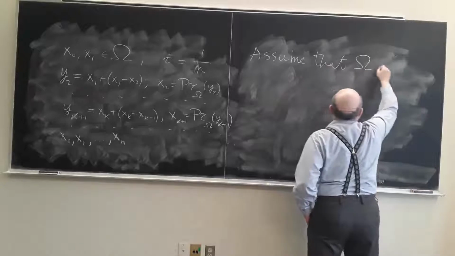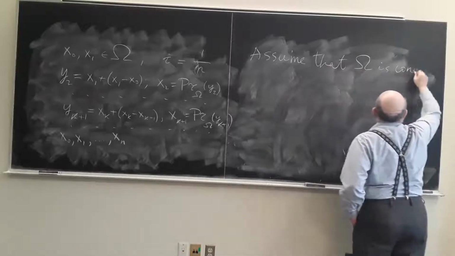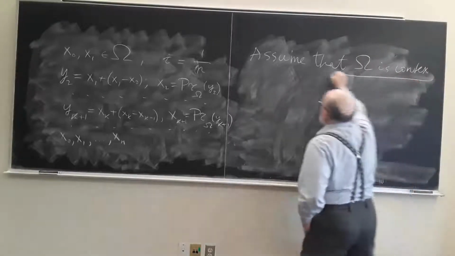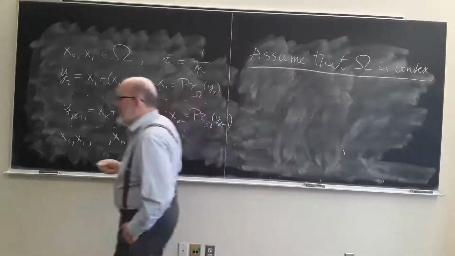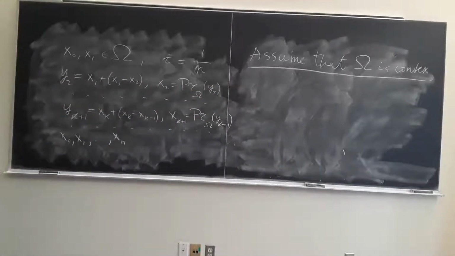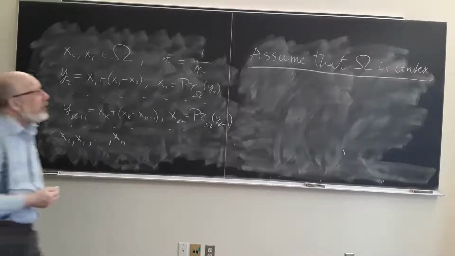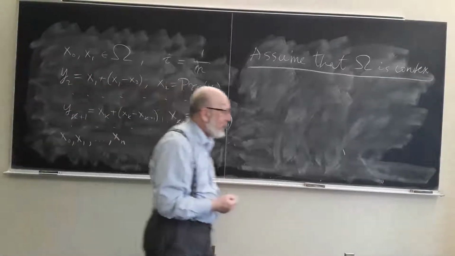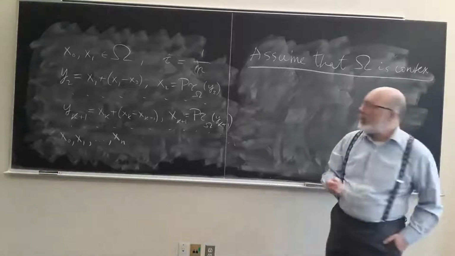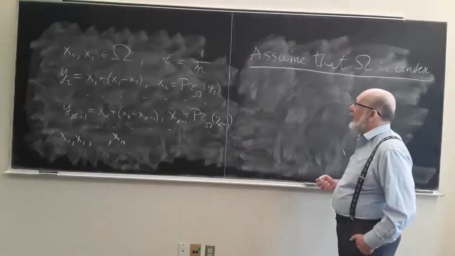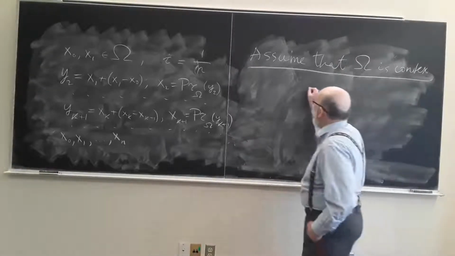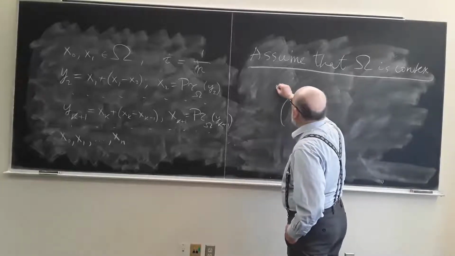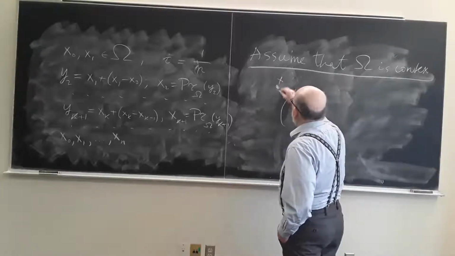That omega is convex. It is a restriction, but there exist interesting systems with omega convex, so it is not an empty situation. If omega is convex, then surely the closest point is unique, because if this point x, and we have here